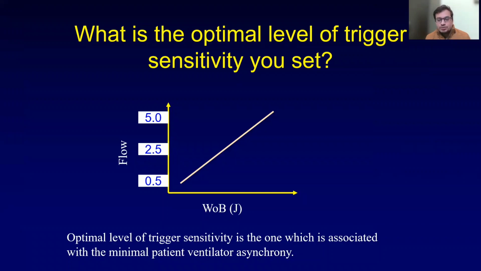If you set a higher flow trigger, say 5 liters per minute, a higher flow will be needed to initiate the breath, and in that case the patient has to work more, so there will be more loading on inspiratory muscles. If the patient is not ready to be weaned, that will cause fatigue and missed or ineffective triggers, a type of patient-ventilator asynchrony, and that will cause difficulty in weaning, prolonged weaning, and more time spent on mechanical ventilation. So you have to be very careful about setting the flow trigger. Okay, that is very, very important.